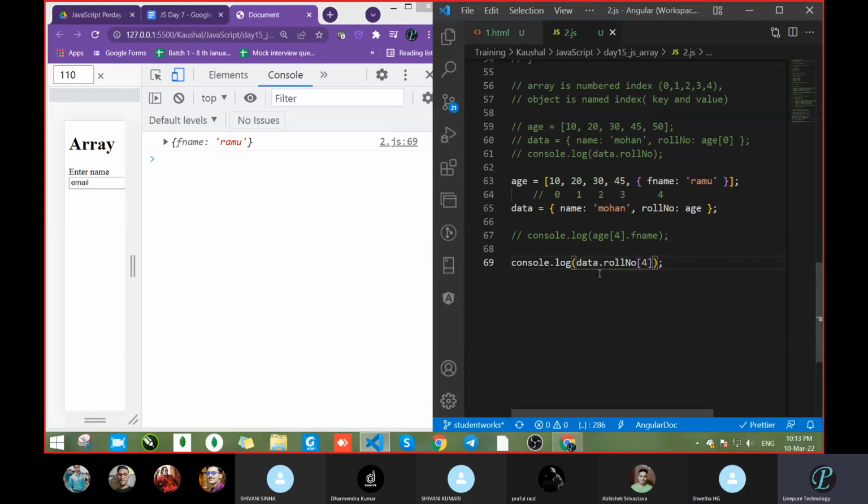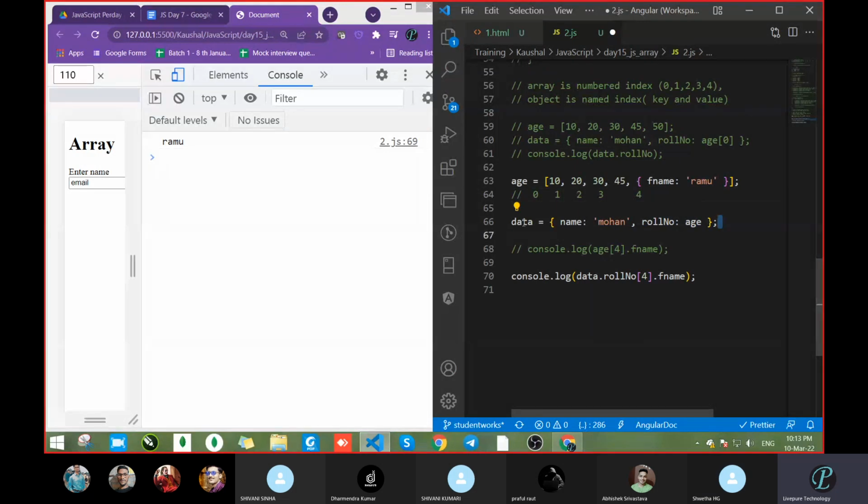What we want is the fName dot fName. Now see, we got it? Got some idea or not? Shweta, is it confusing? A little bit. See, this is our data. I have two data items: one is an object, this one, and one array, this one.